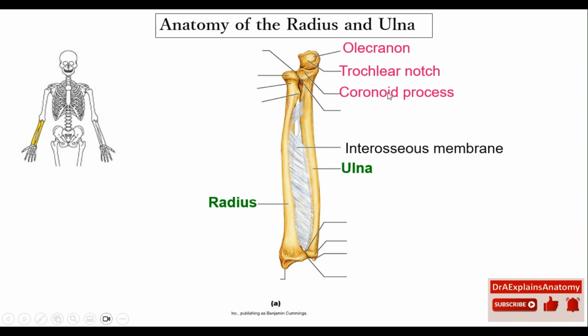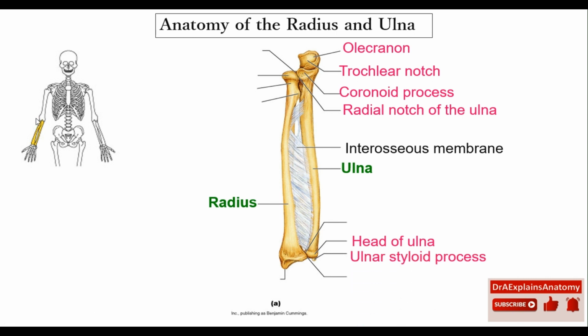This is the coronoid process. On the ulna also, we have the radial notch of the ulna. So it is a notch that receives the radius, which is the bone next to the ulna. Right here, distally, we have the head of the ulna. So the head of the ulna is toward the distal aspect, closer to the wrist joint, whereas the olecranon is toward the proximal aspect, closer to the elbow joint.